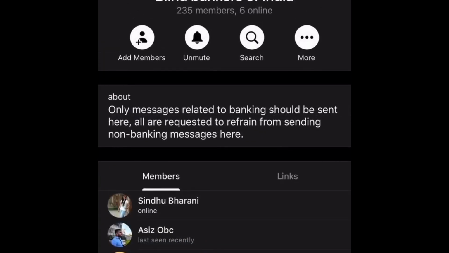Blind Bankers of India. I'll give a disclaimer, it is not accessible. You'll have to manage. As soon as the group info page opens, first option will be back, and when you flick right you'll hear something like edit, and when you flick right again it will not work, but you'll have to explore the screen. Back button.